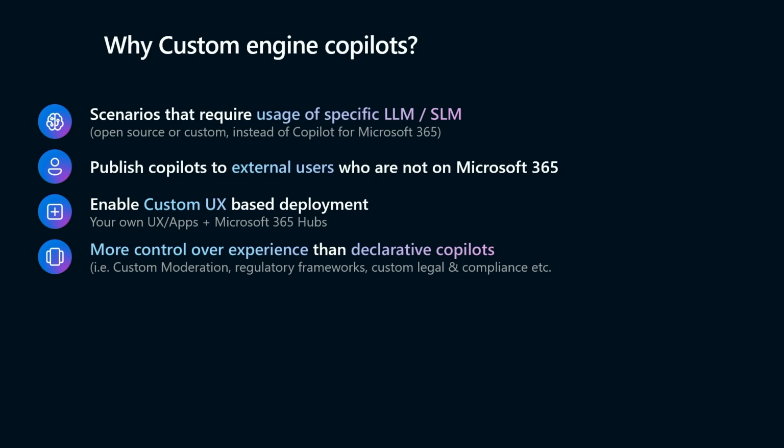It also gives you more control, obviously, over the automations and workflows that you want to plug in there. One of the key decision points you need to make when building these AI systems is whether you need custom moderation or compliance to regulatory frameworks, like healthcare frameworks or government regulations. For that scenario, you may need a custom engine or custom controls that are beyond what a natural language instruction set on a declarative copilot may enable. For that reason, a custom engine copilot is a requirement.